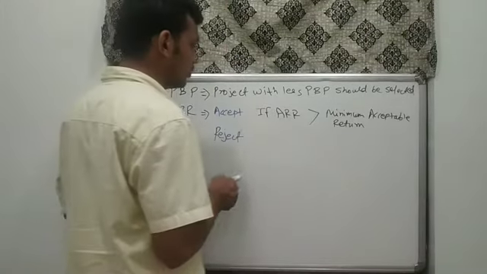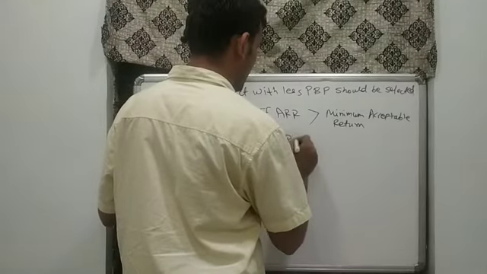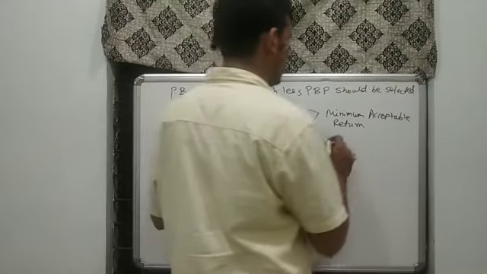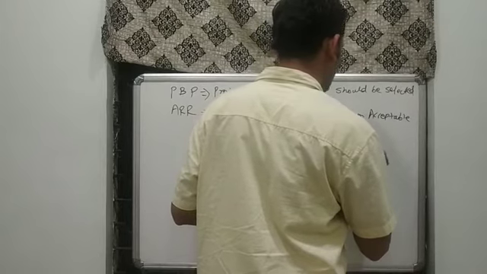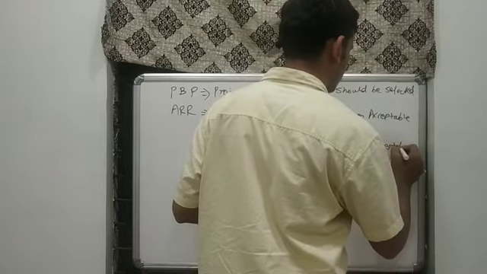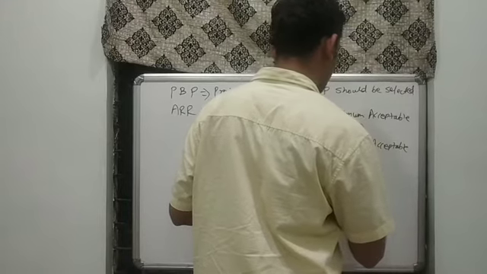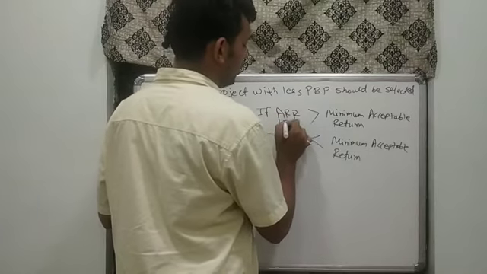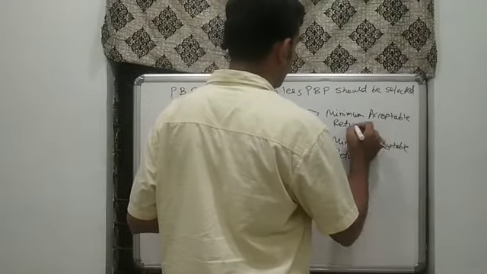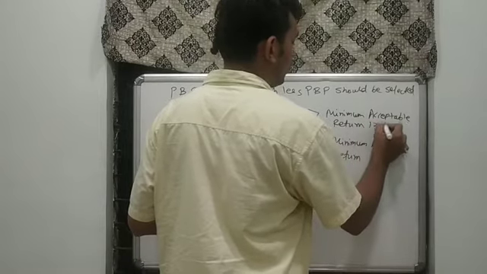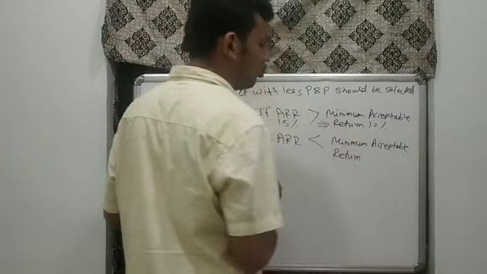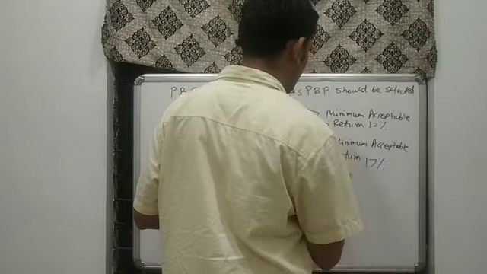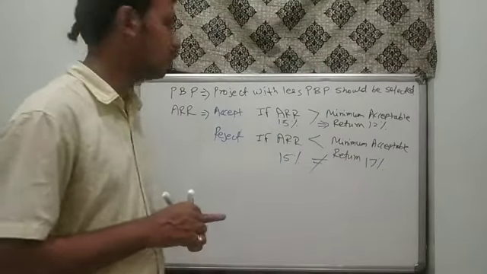We reject if ARR, that is accounting or average rate of return, is less than the minimum acceptable return. Suppose in case 1 ARR is 15% and minimum acceptable return is 12%, then we should go for the project. If ARR is again 15% and minimum expected return is 17%, we should not accept the project. This is what ARR is about.